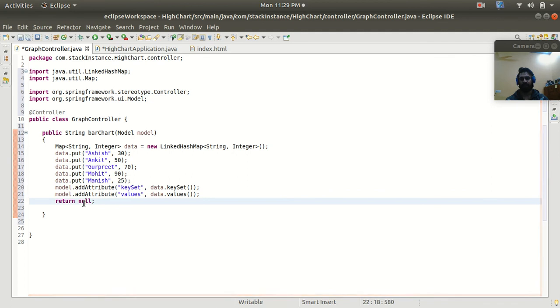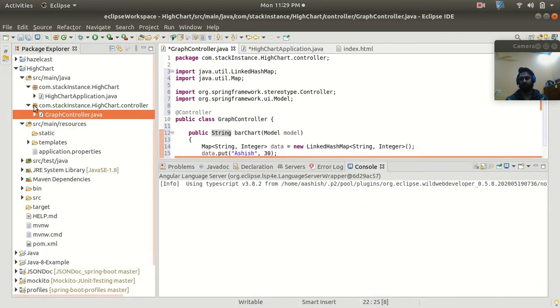And here I'm going to return the name of the HTML. So let's say barchart. Here I have written barchart, which means I have to create one HTML file with the name barchart, right?